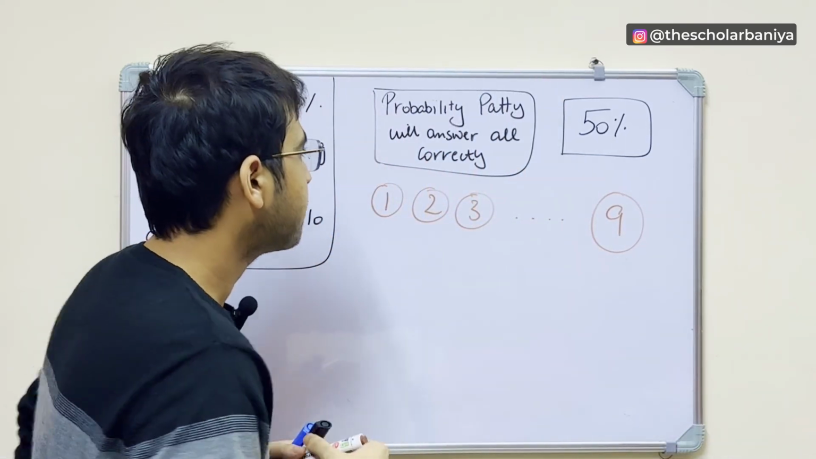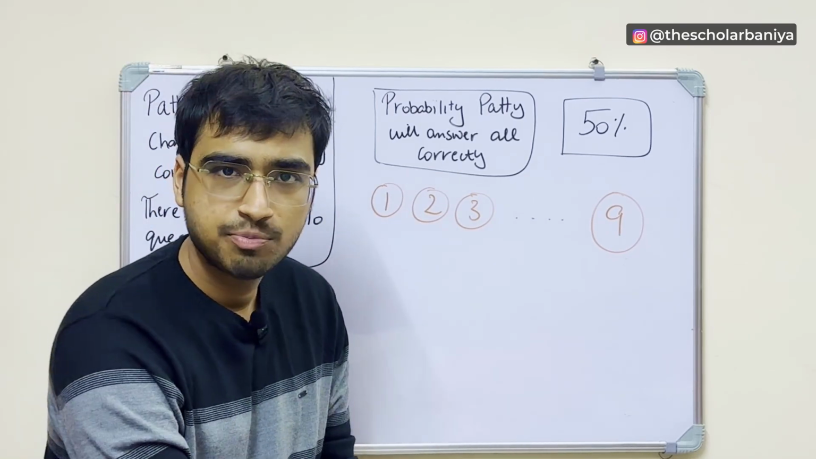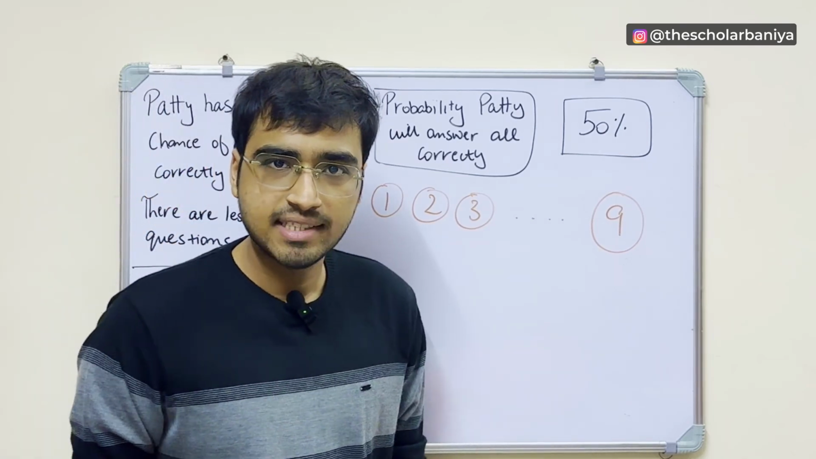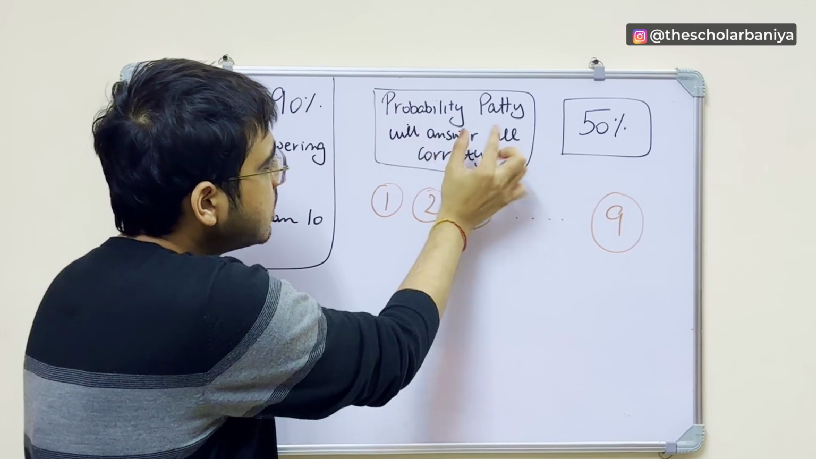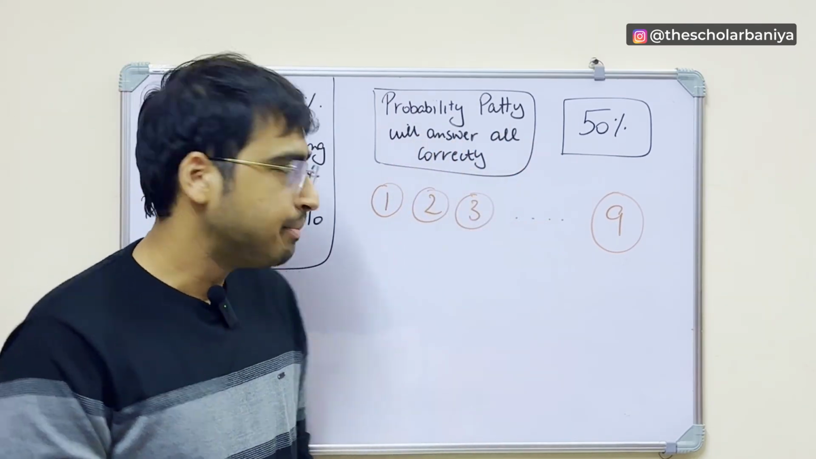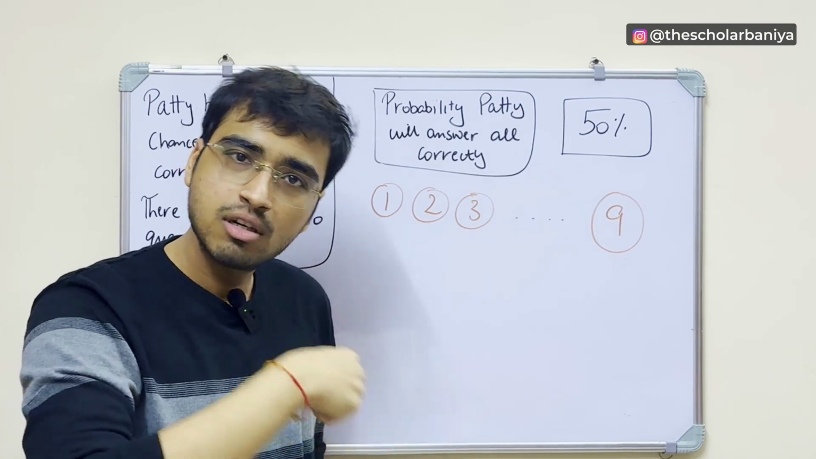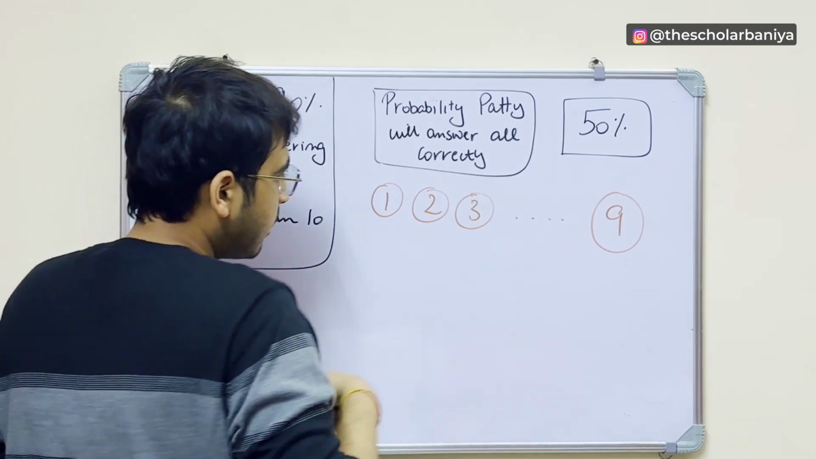So tell me one thing. For example, if there is only one question present in the exam, or let's say there are two questions present in the exam, right? So in the exam there are two questions. What is the probability that Patty will answer all the questions correctly? Means there are two questions in the exam and we have to answer both of these questions correctly, right? So if there are two questions,